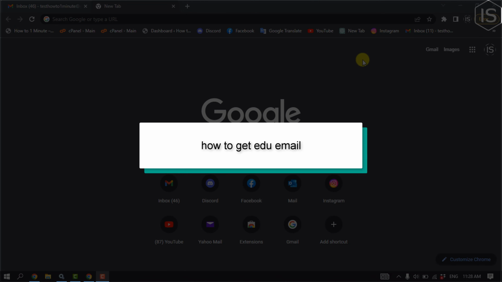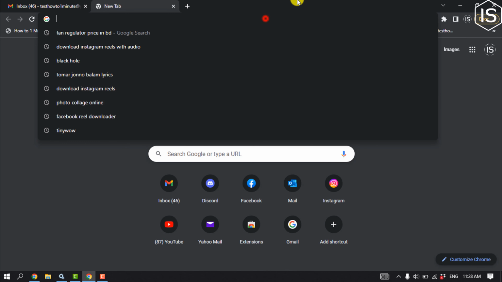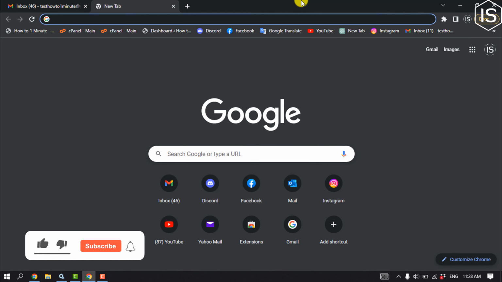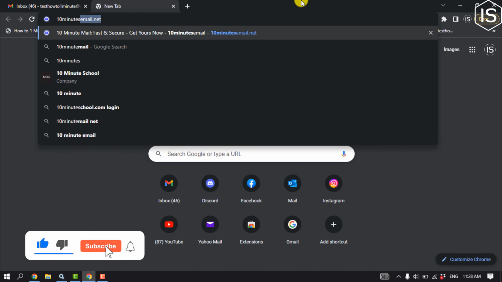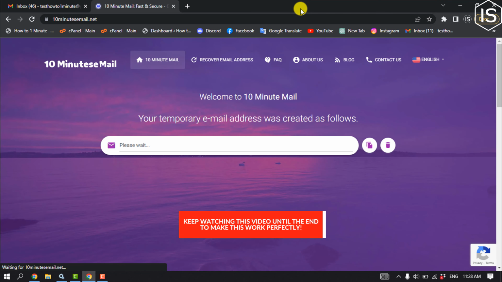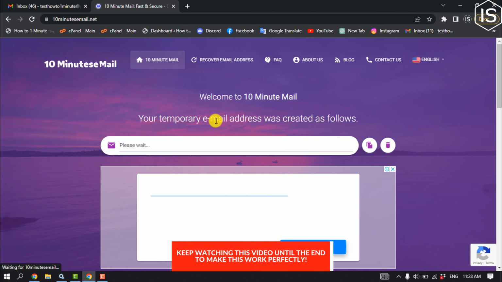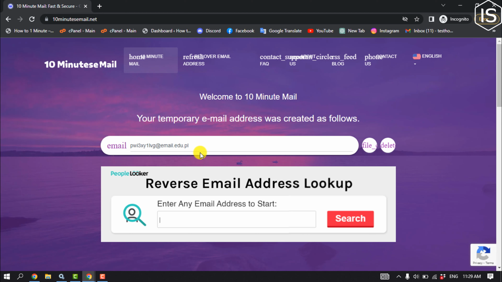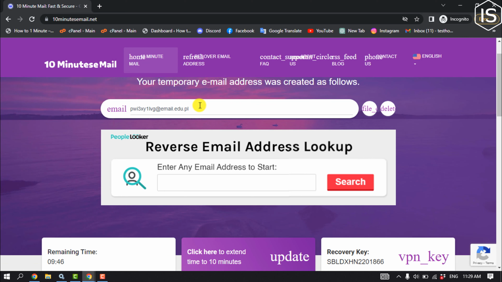This initial solution will show you how to get Edu email. So first of all, open your browser and type here 10minutes.email.net. This is a temporary email provider website where you will get temporary Edu email address. So as you can see, this is a Edu email address,